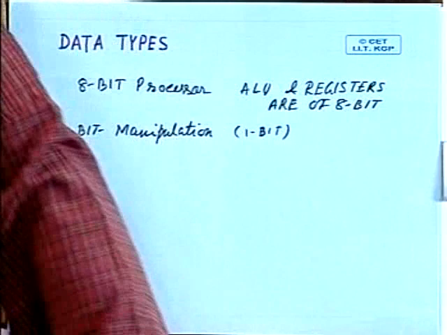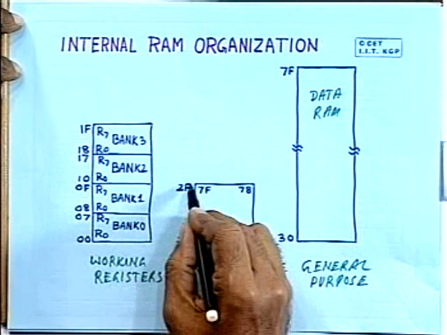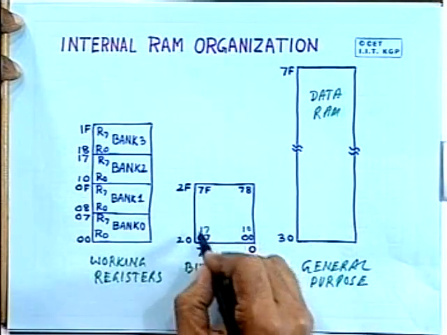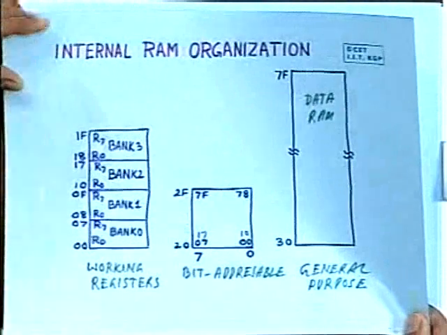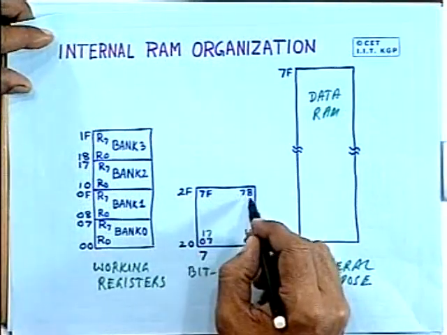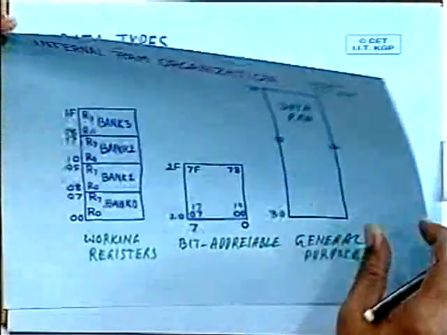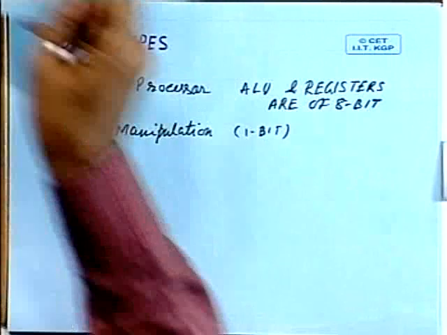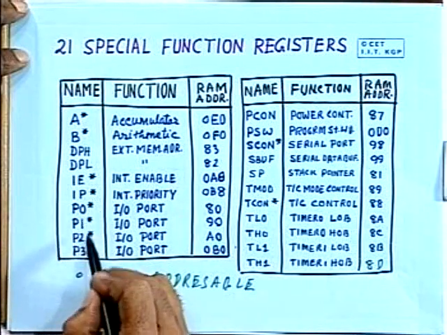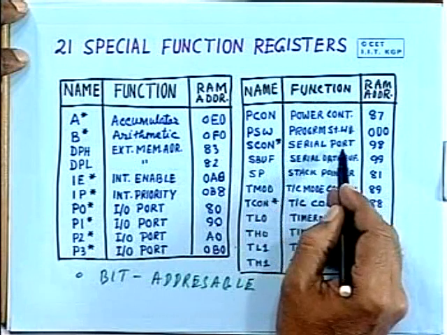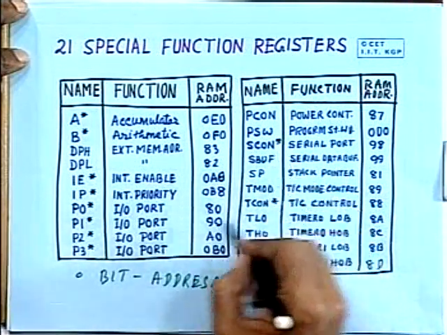And we have seen that a part of the data RAM, that is, internal RAM locations 20 to 27, are bit addressable. They can be addressed as 00 to 7F. So these 16 bytes are available in terms of bits, and each of these bits can be accessed. And similarly, some of the registers like A, B, interrupt enable, interrupt priority, all the 4 ports P0 to P3, then serial port controller, the timer controller, all these registers which are known as special function registers, are also